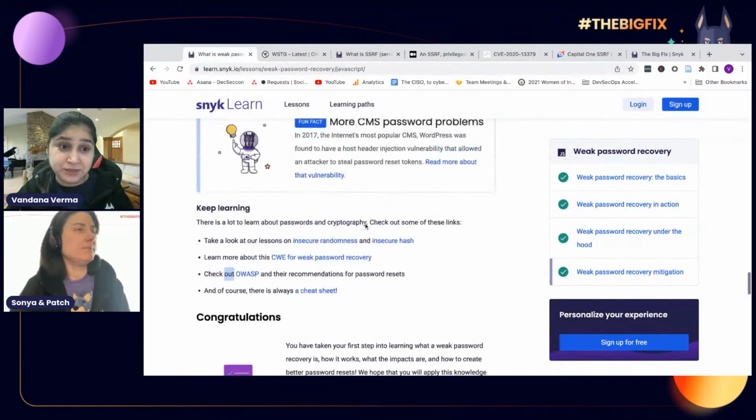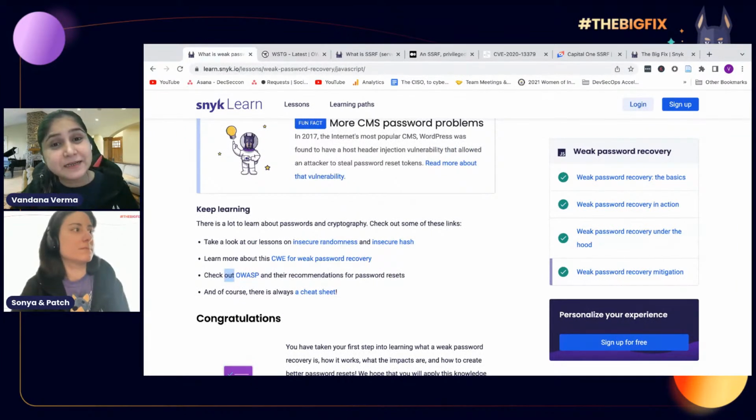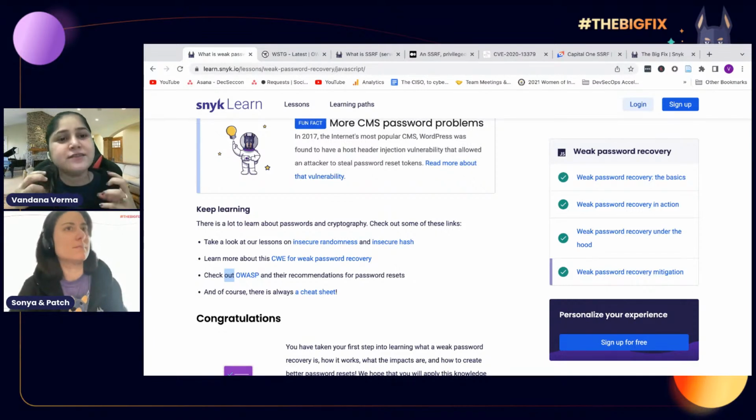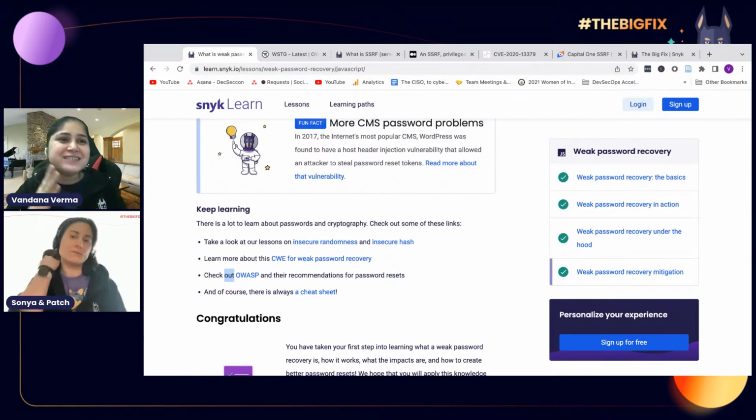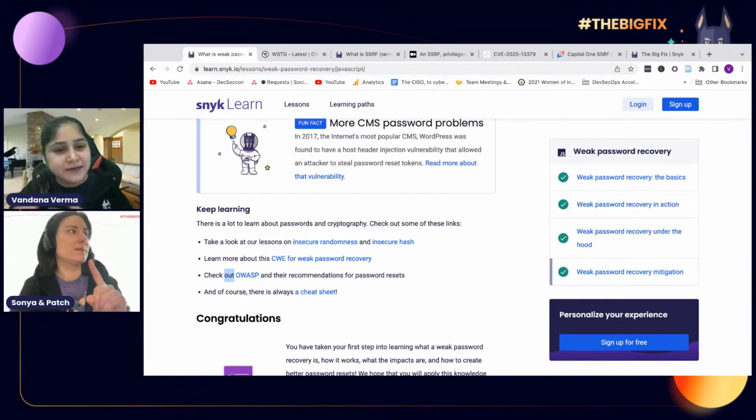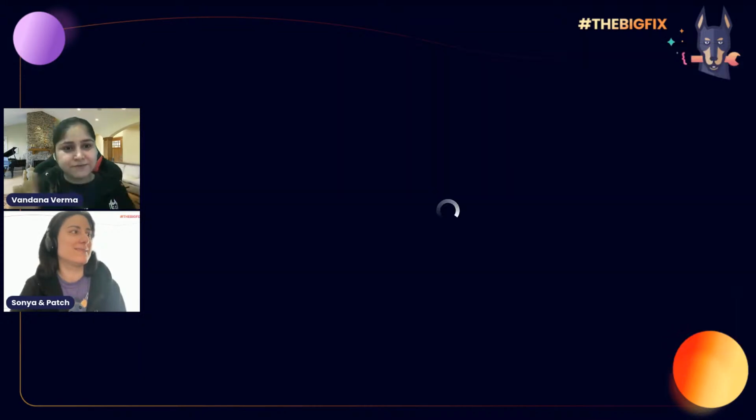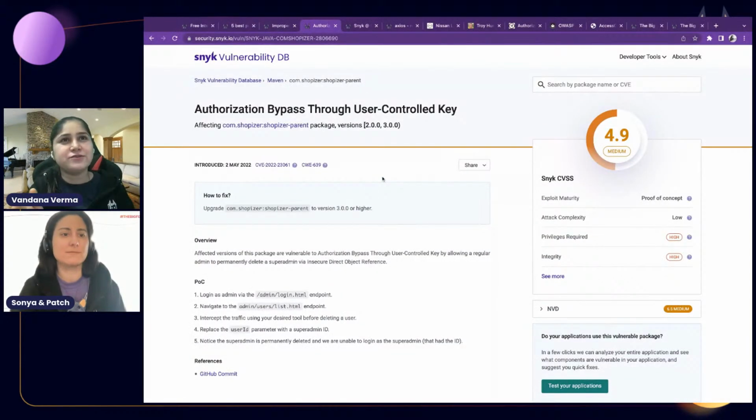So this information, as Sonia said, is completely available for you, and you can use it at any given point of time. You can share it with the people who want to learn about all of these things, especially the students, especially the developers who want to understand these issues. One thing I've realized over the years is that developers understand the ecosystem so well that if they understand the vulnerabilities, they would be better security researchers than us. That I can assure. So it's important that we understand these bits. And with this 5-part series, what we are trying to do is share that information.